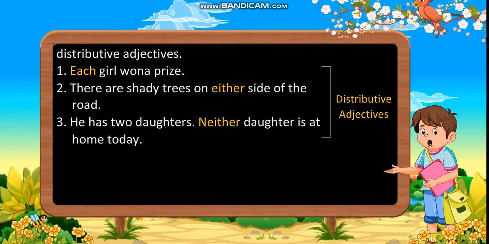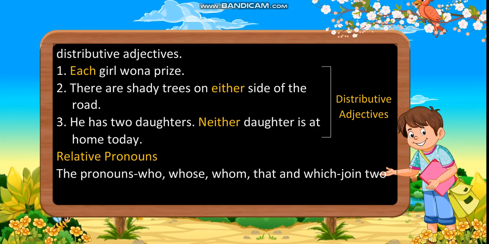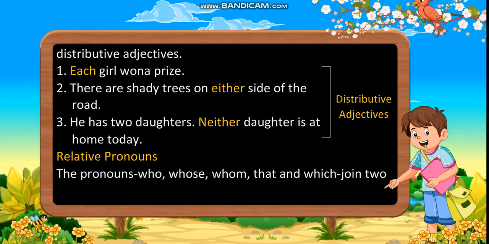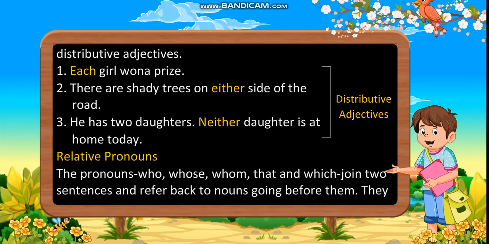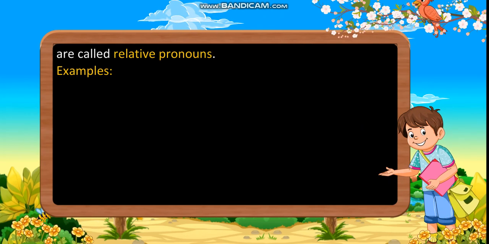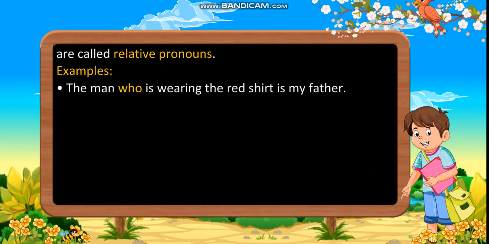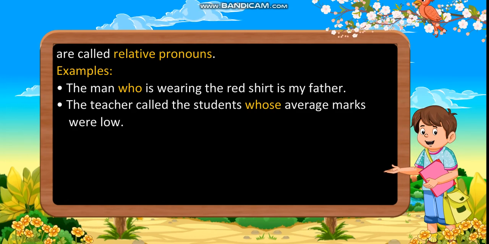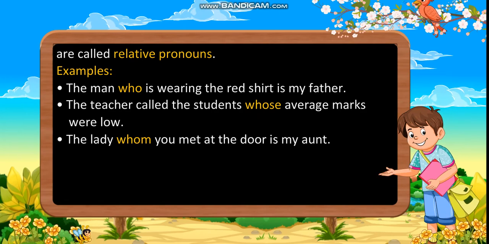Distributive adjectives. Relative pronouns. The pronouns who, whose, whom, that, and which join 2 sentences and refer back to nouns going before them. They are called relative pronouns. Examples: The man who is wearing the red shirt is my father. The teacher called the students whose average marks were low. The lady whom you met at the door is my